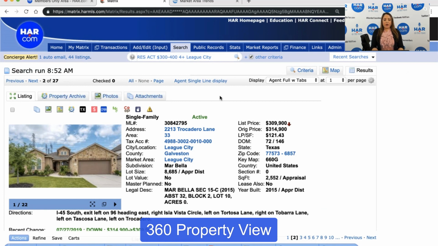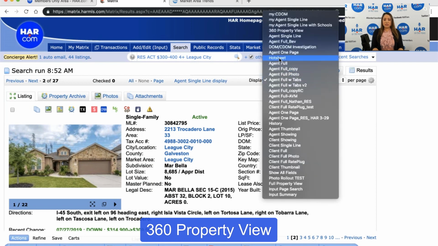Now let's say I wanted to see tax data. Well, we do have right here a clickable tax number. If I click that, that is going to pull up tax records and eventually put me over into Realist, which is the tax program that we use and still have access to. But even easier, if I were to just click on display and change that display to the 360 property view,